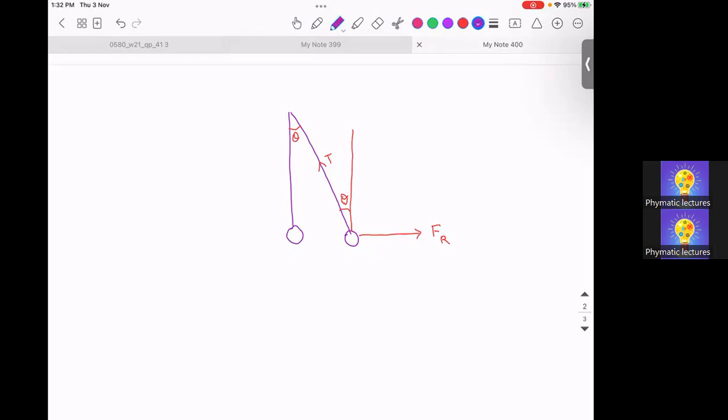Now we know that this balloon has a mass. The weight is mg. So could you please help me to find the resolved components of this tension? If I'm resolving this into two components, the T sine theta component is balancing the repulsive force, and the T cos theta component is balancing the weight. You can easily figure out, because this entire system is in equilibrium. Therefore